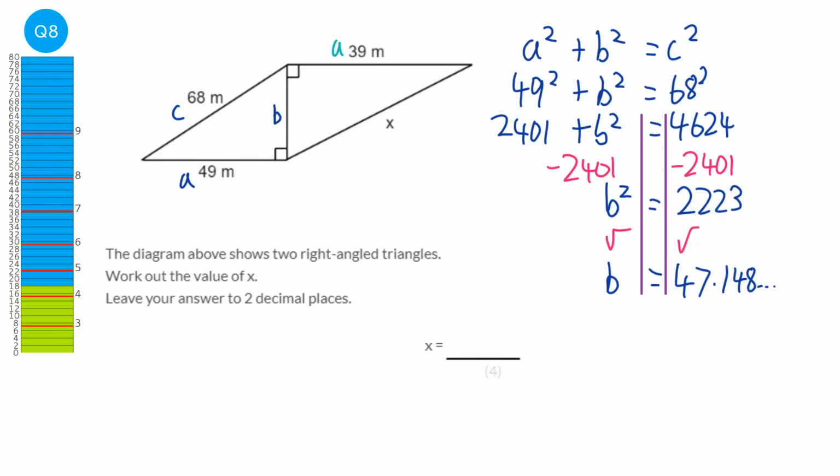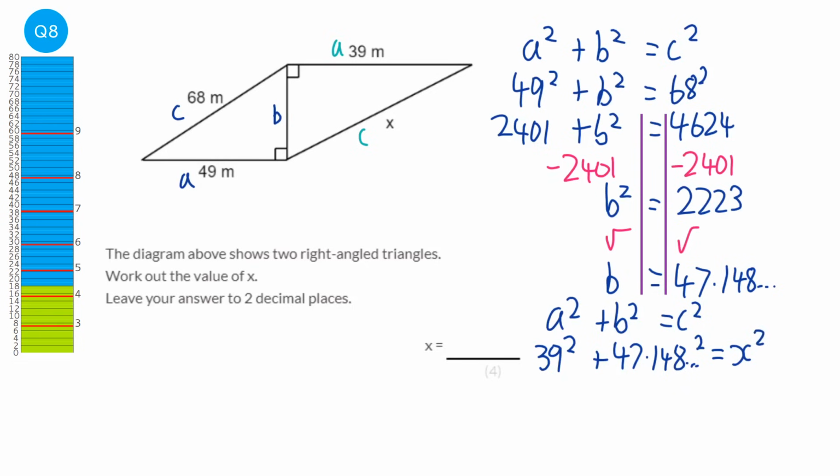Okay, we're now looking at the second diagram, and this time we've got our a, we've got our b, and we're going to call x the c. So it would be a squared plus b squared equals c squared, but this time a is 39. B we are given as 47.148, we've just worked that out. And we're looking for c, in fact we can call it x now. Okay, so we need to square that. So we do 39 squared plus 47.148 squared,